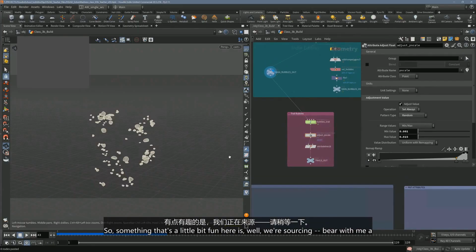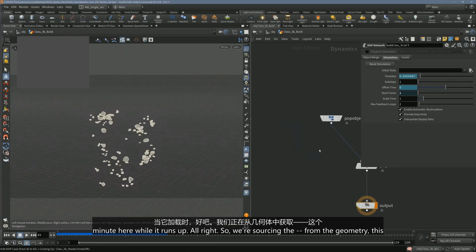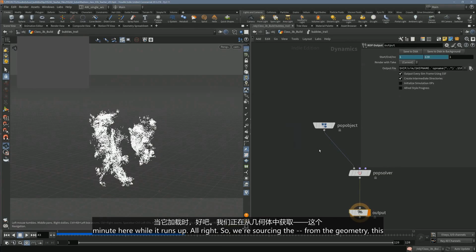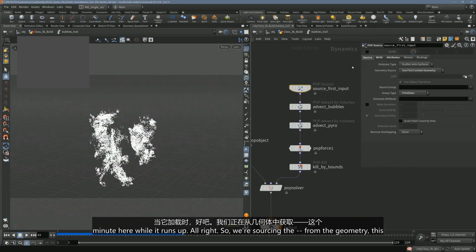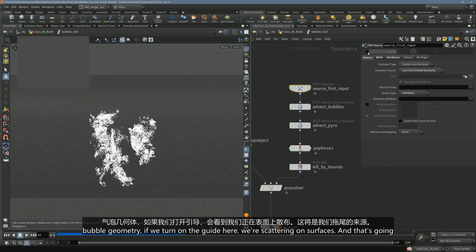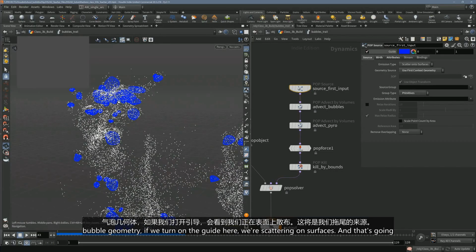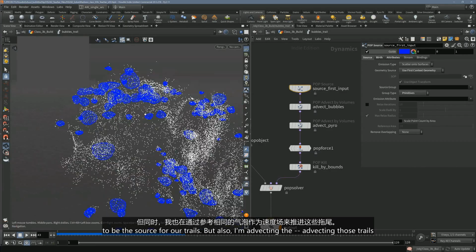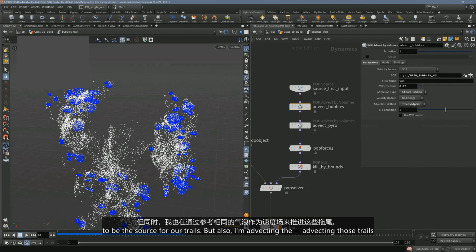So something that's a little bit fun here is, well, we're sourcing from the geometry, from this bubble geometry. If we turn on the guide here, we're scattering on surfaces, and that's going to be the source for our trails. But also, I'm advecting